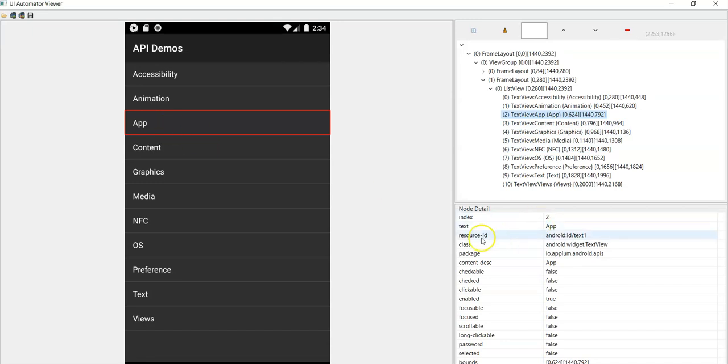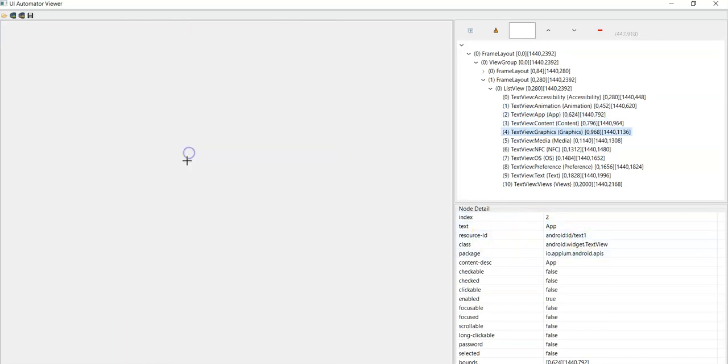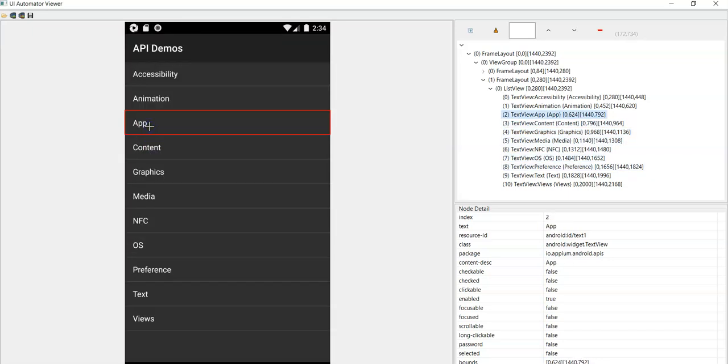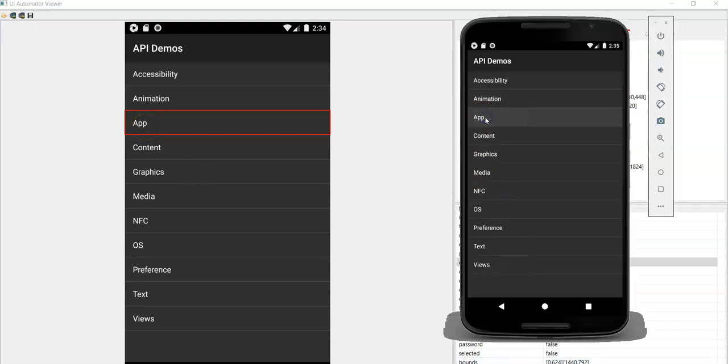Here you can see the resource ID value is the same for all names. So it would be better to use the text attribute value or the content-desc value to find this app name, same as previous examples.